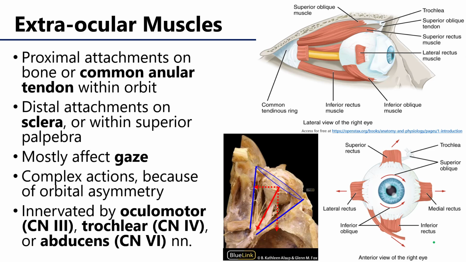A lot of this complexity of action is because the orbit itself is so irregular. Now recall that the orbit is rather pyramidal in shape, with its apex being more posteromedial. And as an effect of that, when muscles contract, there's going to be different vectors to consider with respect to